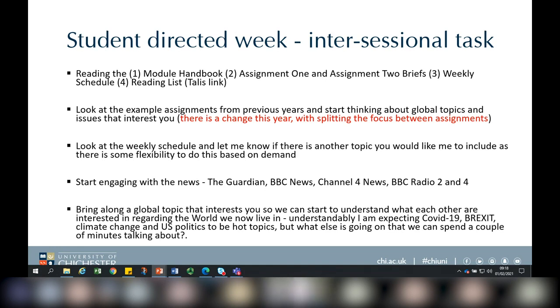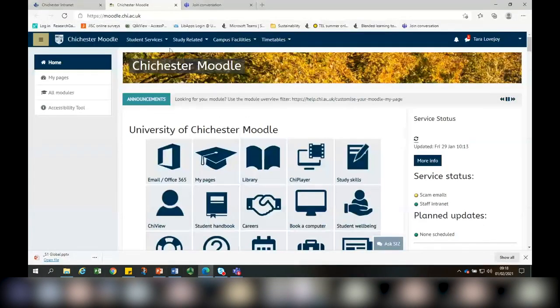Okay, anything else? Okay, so that's a really good point. I've made some notes there. What you might find is I've opened up on Moodle quite a lot of my former lessons. The reason for that is that you might want to get some resources to start reading around the global topic before I actually teach it.